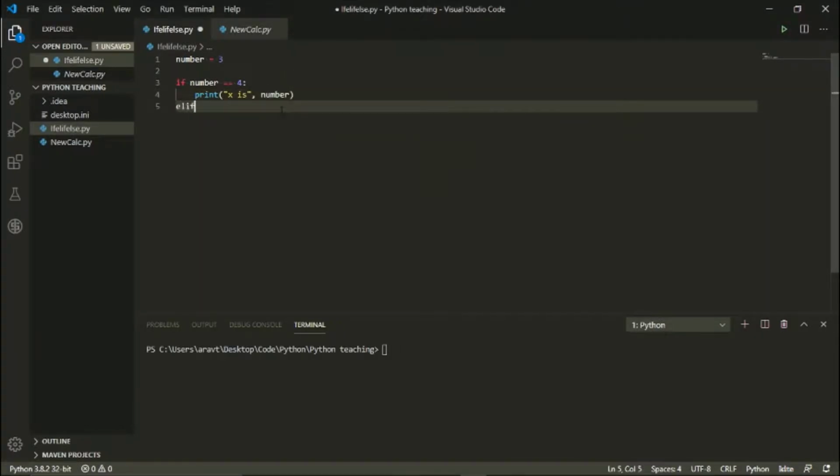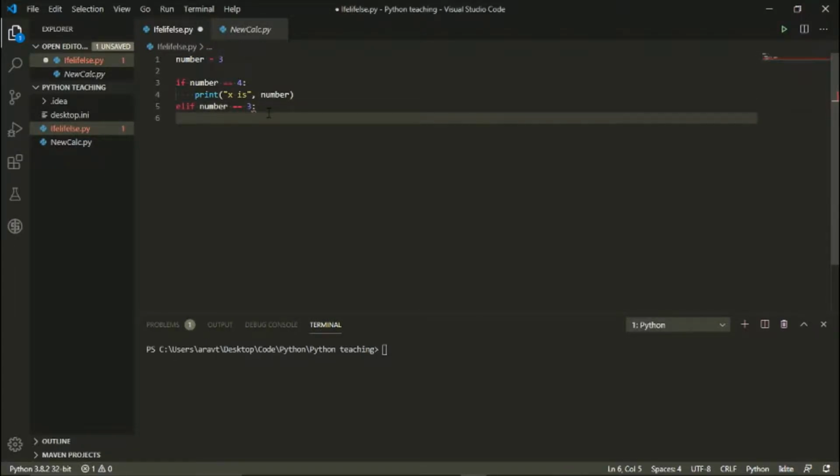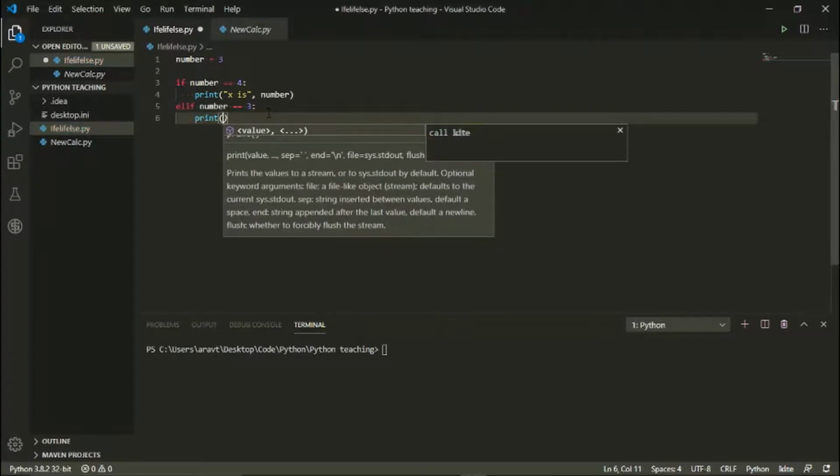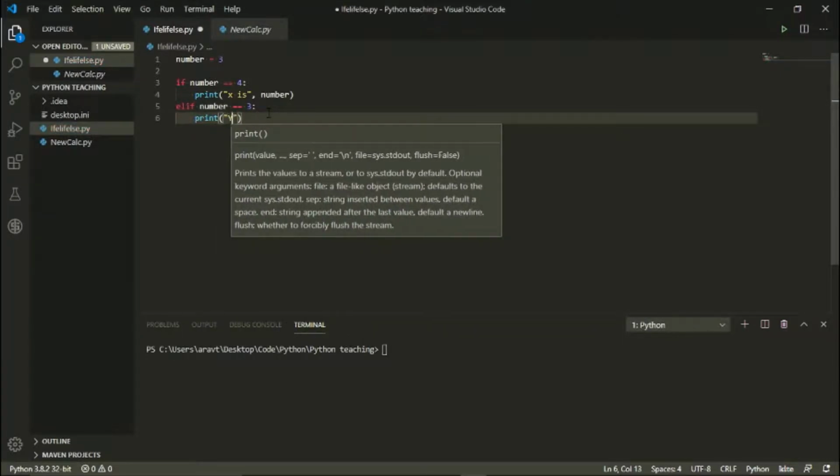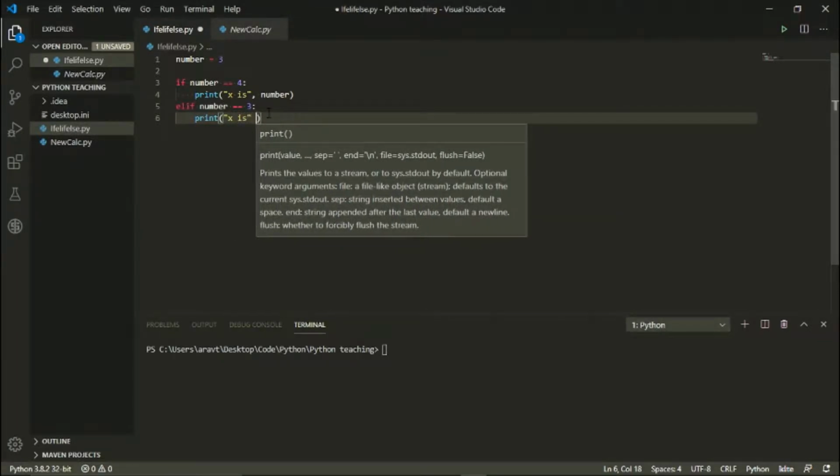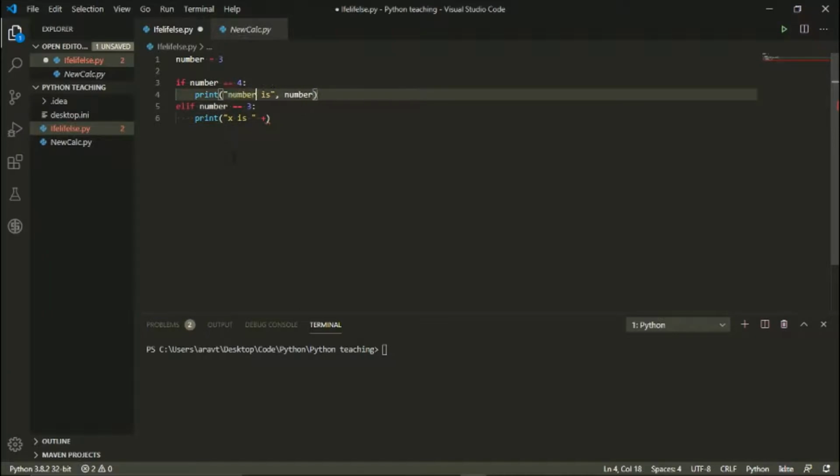Now next, elif number equals 3. So that is what we have defined number as, 3. Then print x is, and over here I'm going to show concatenating with the plus sign. So the thing about the plus sign is that we need to have a space here. If we don't, then it will just show up as is, and whatever number is, my bad, number,